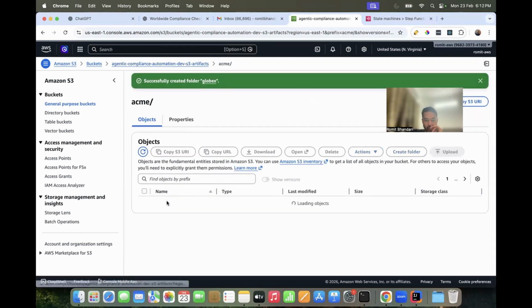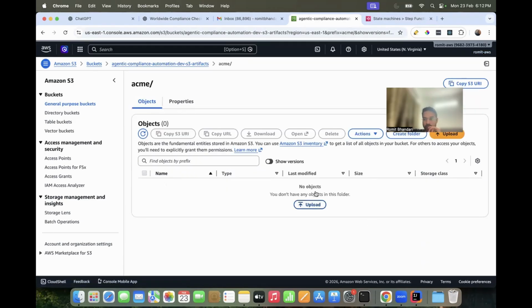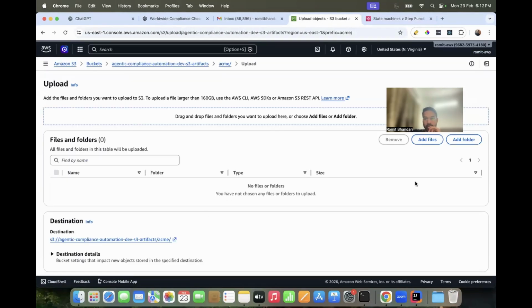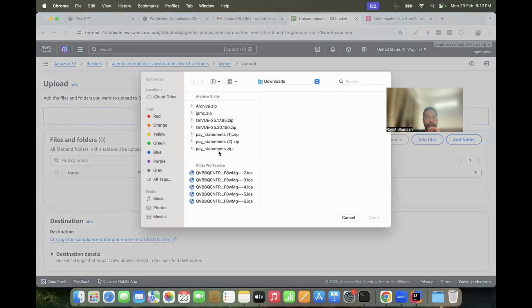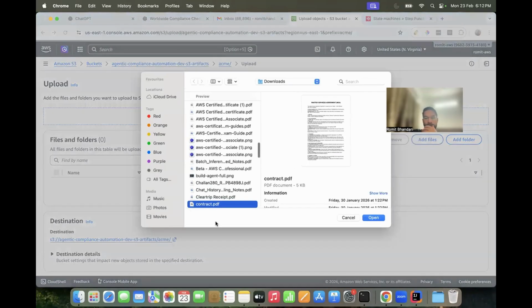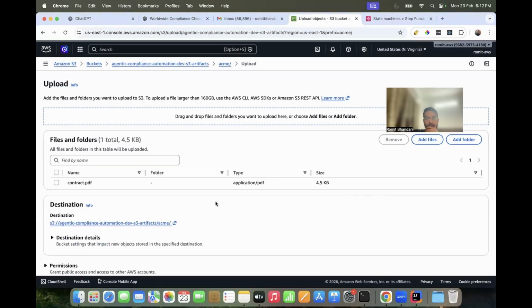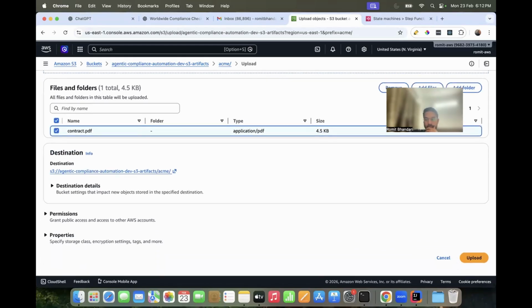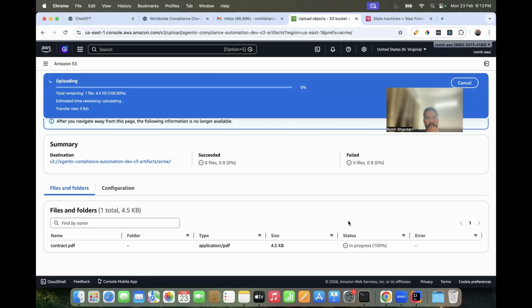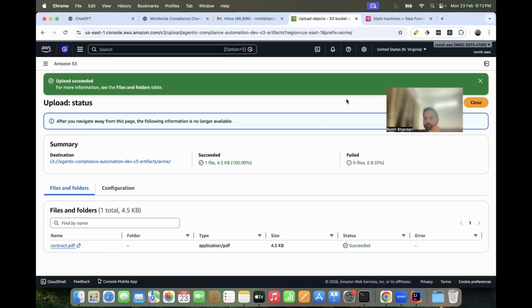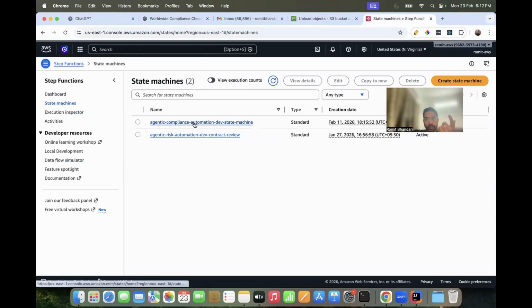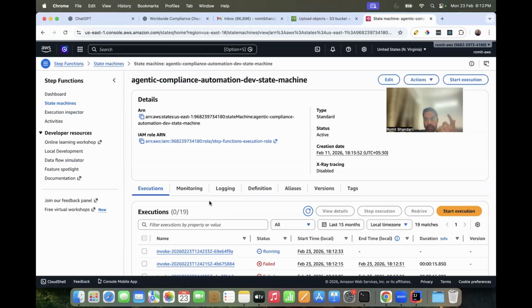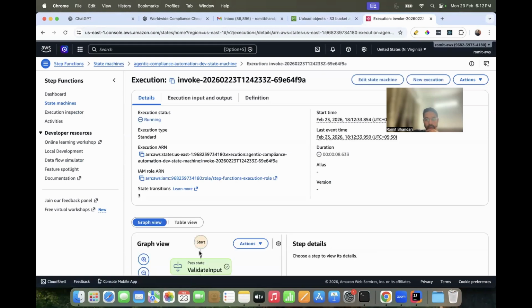Okay, inside of ACME I'll upload a file. Okay, this should basically trigger the state machine. Let's quickly check if the trigger has happened. Yes, the trigger has happened,